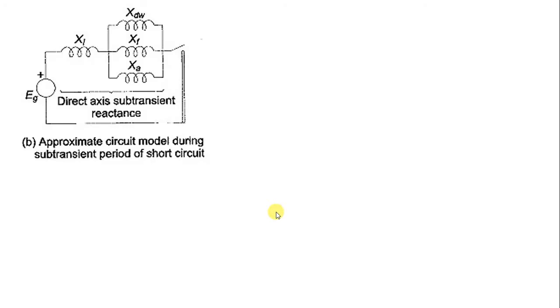Now, consider a sudden short circuit occurring at the 3 phases of your synchronous generator, which is initially operating in open circuit condition. Initially here we have shown one key which is open circuited. Whenever we press this key, we are applying a 3-phase short circuit on the terminal of your synchronous machine. The machine undergoes a transient in all 3 phases and finally ends up in the steady state condition described in the previous slide.